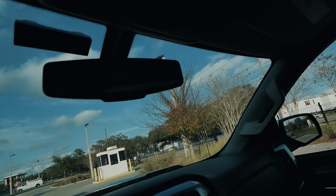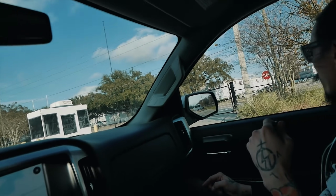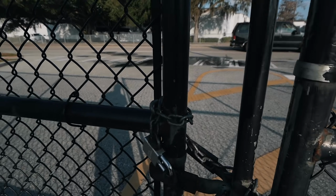Anything? No, we made it to the outer ring. Another locked gate. Okay, wait. We made it through one side. Okay. Is there any possible way that...